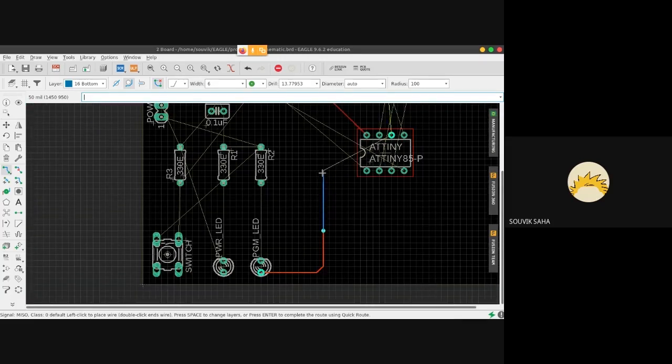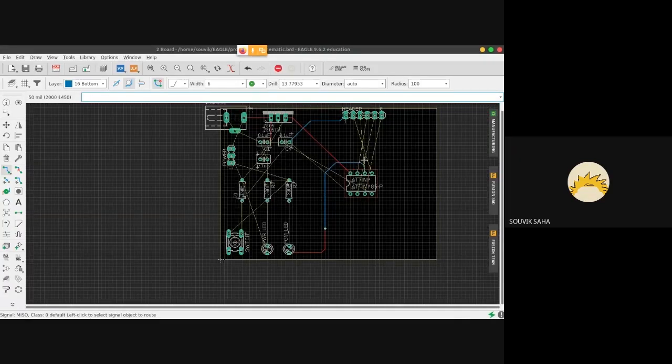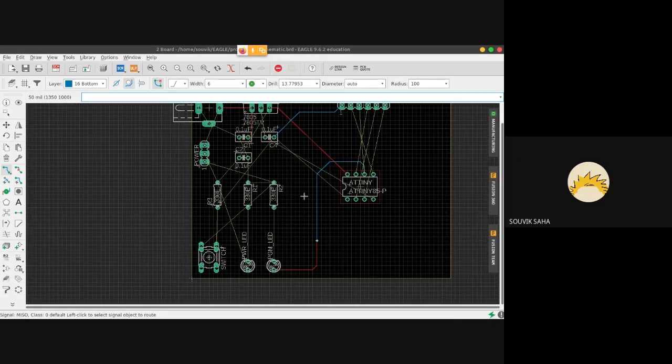What the via does is that now I've changed the PCB layers. From here to here, it's on the top layer, and from the via, it goes to the bottom layer, if you are able to figure that out.